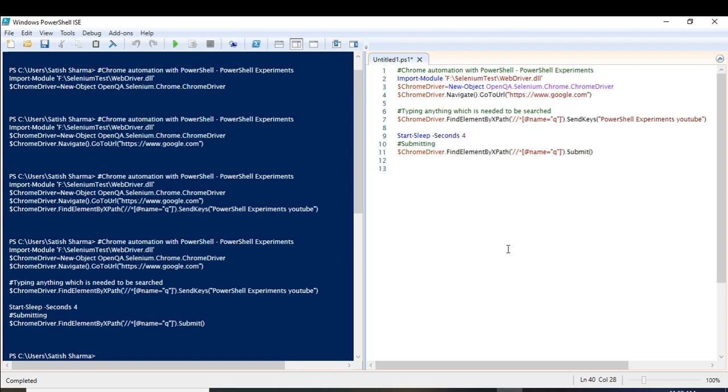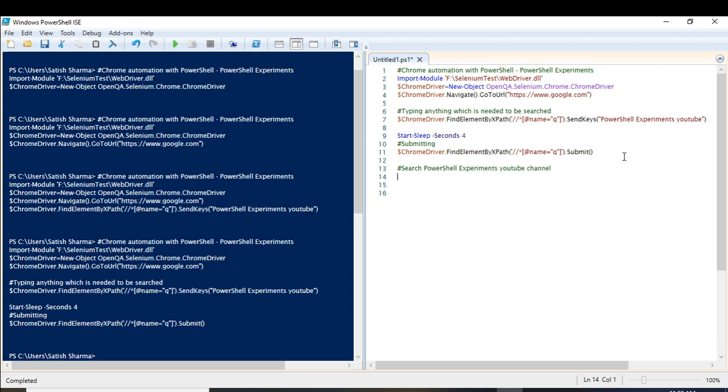Now let's get back to our script, and again I'll be using this method. Now I have to search PowerShell experiments YouTube channel.